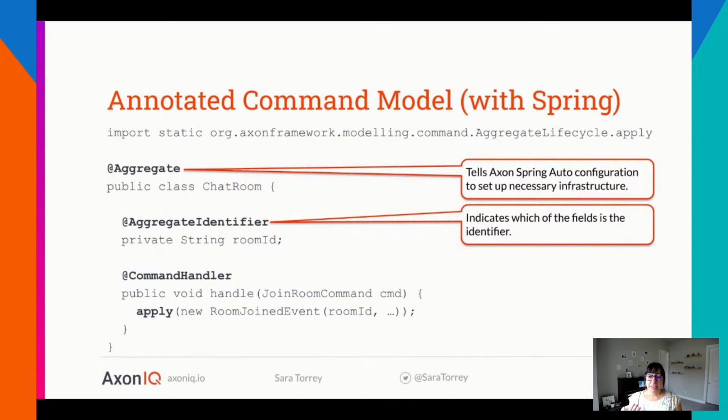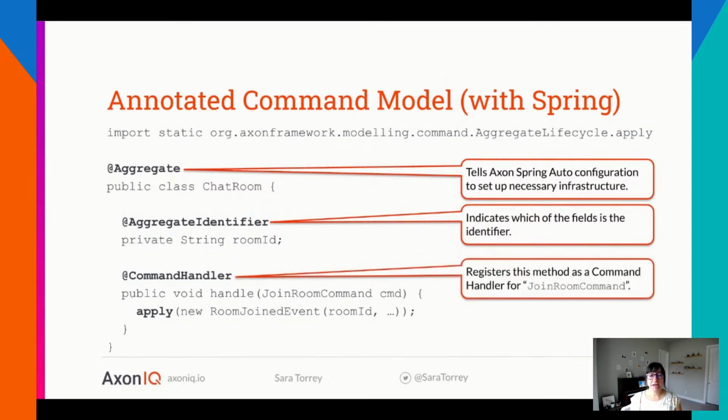Now, this makes the chat room the aggregate root as well, so it contains the external reference towards this aggregate. Then we have the command handling function that we just saw in the previous slide, which states the intent to join a room. As we might recall, the command is the expression of intent to perform some operation. We want to propagate this change through our system with events, as we are following an event-driven architecture.